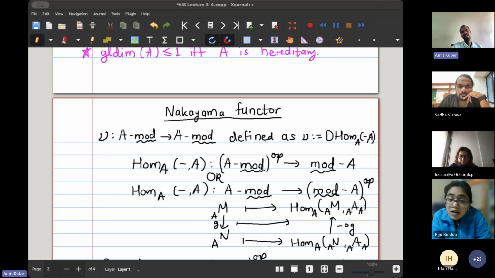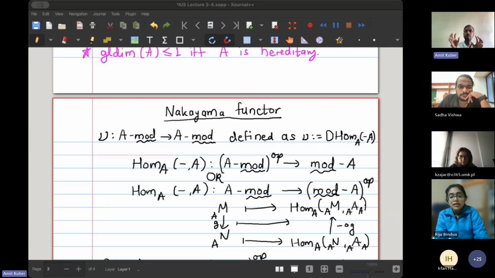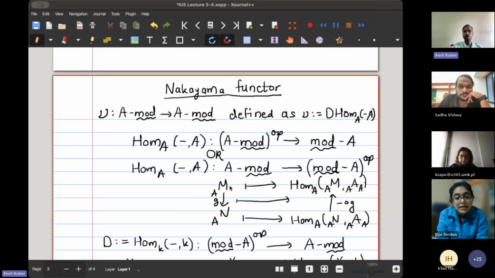So Hom(-, A) is a contravariant functor, so it will go from (A-mod)^op to mod-A, or equivalently from A-mod to mod-A^op. I mean, you just have to put op on one side. Well, let me show you what it does. It takes a morphism from M to N and it maps it to